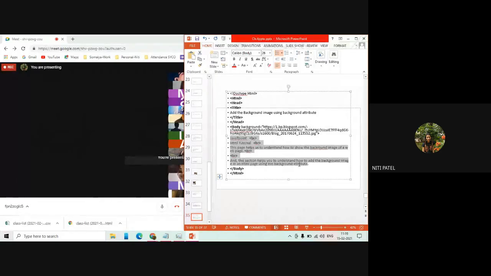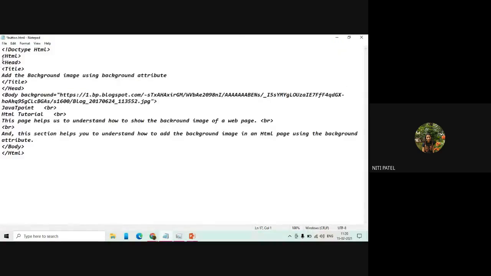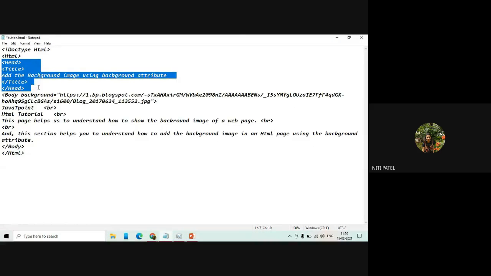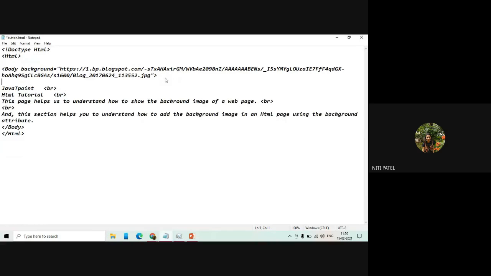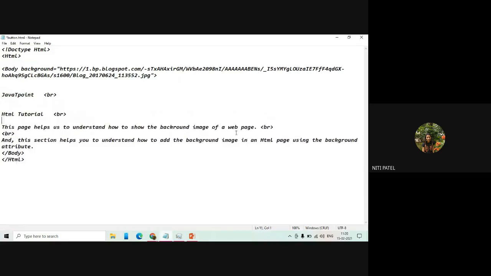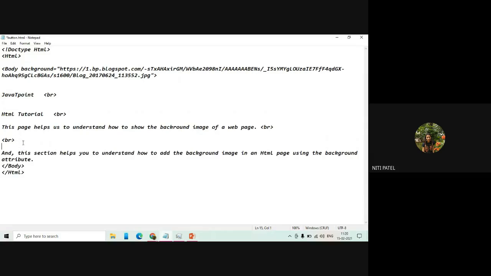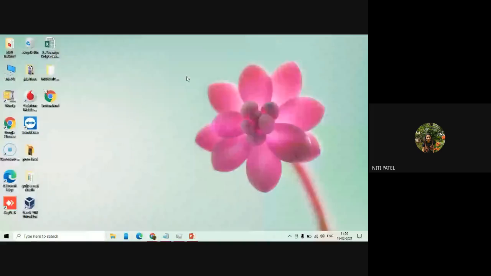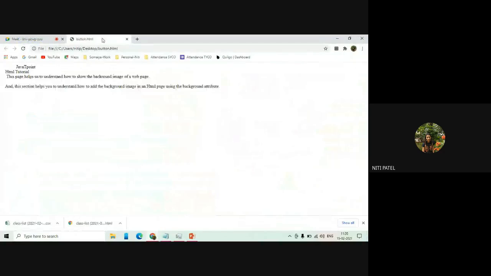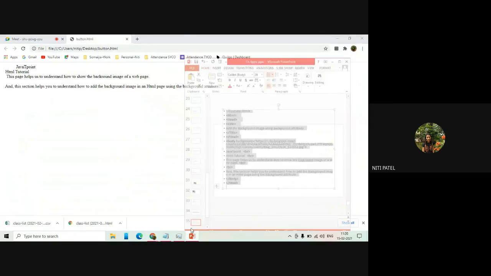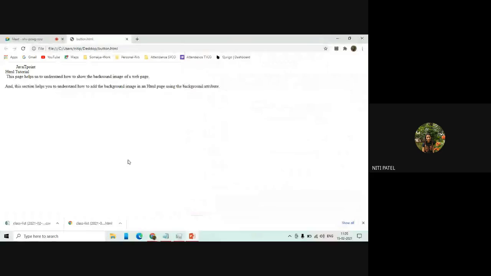Okay. Now let us check whether this is working or not with the image as a link. Let me remove this head and title and all. Okay, so this is a part of an image. ये Java point एक text है, HTML is also a text, this is also a text, and then this is also a text. Let us save this. Okay, the image has not come. Let us change the name of the image. We will put the image of the girl which we already have in the folder.